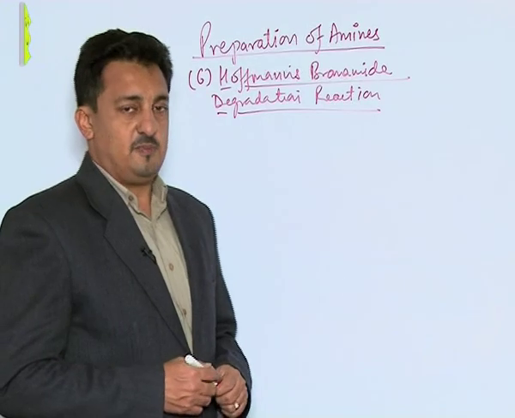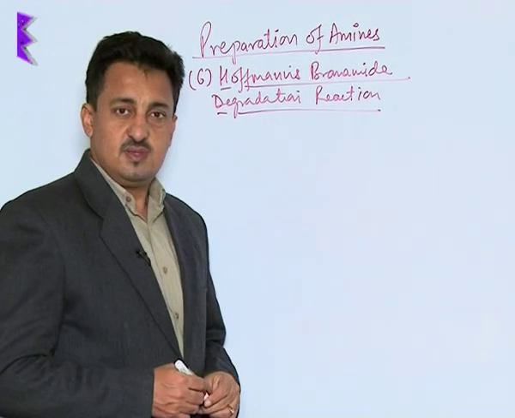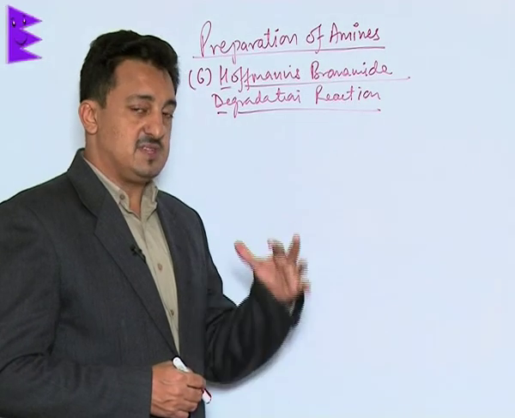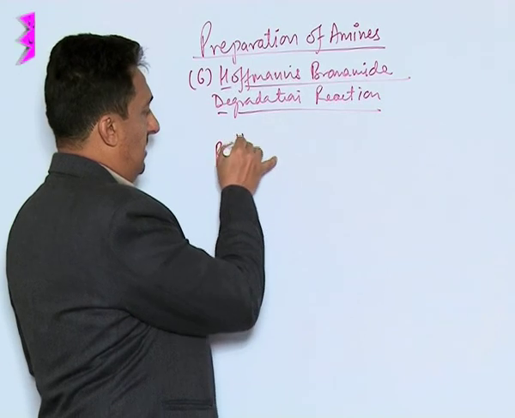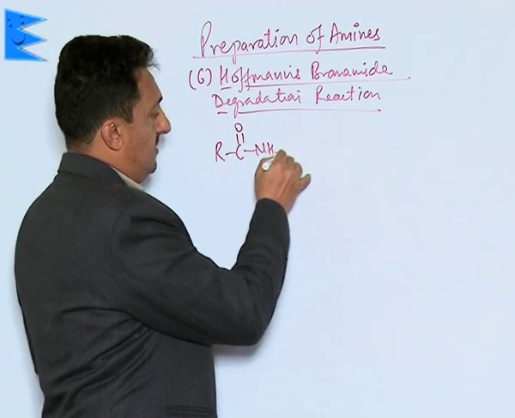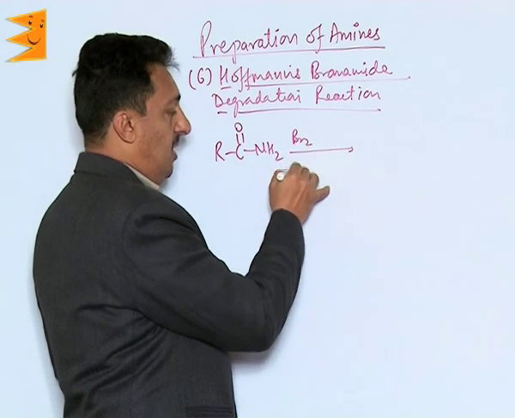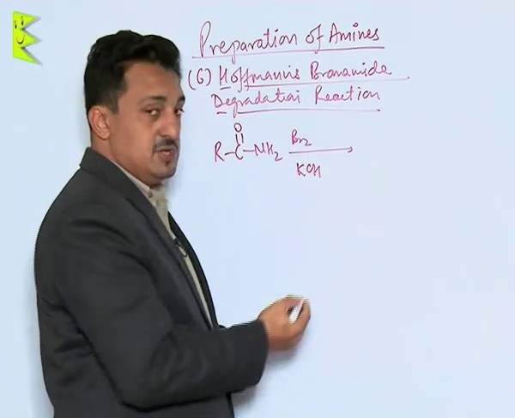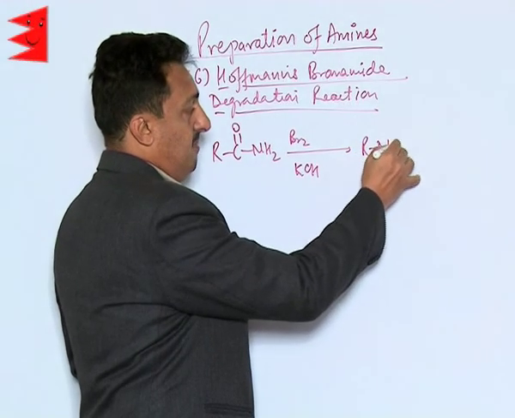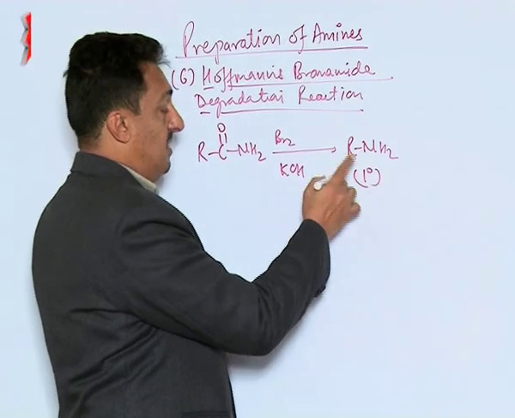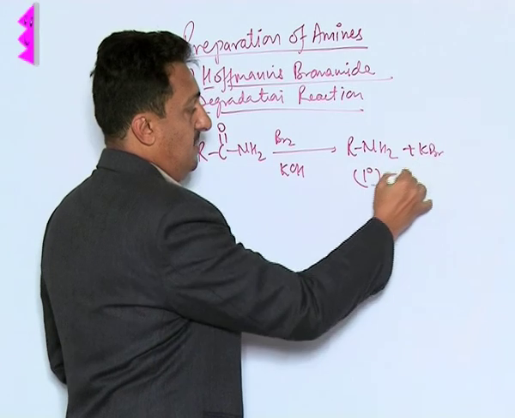The next method to prepare amines is Hoffmann's bromamide degradation reaction. Yes, this is degradation. It's a step down process. In this, the amides, when reacted with bromine and alcoholic or aqueous KOH or NaOH, give us primary amine with one carbon less. Along with we will get KBr plus